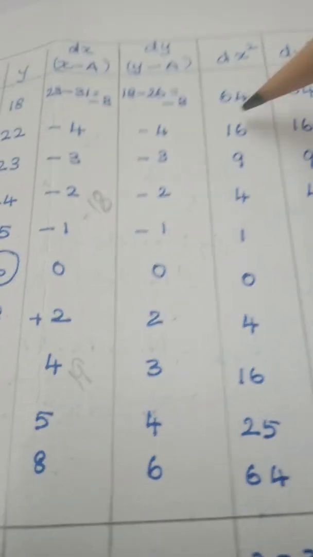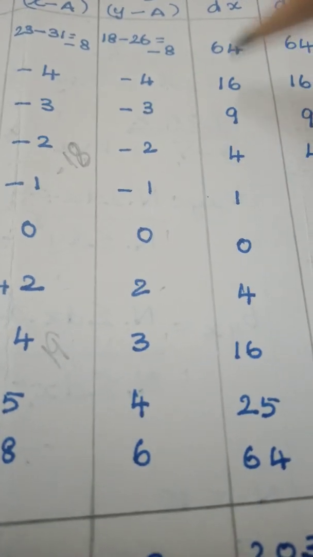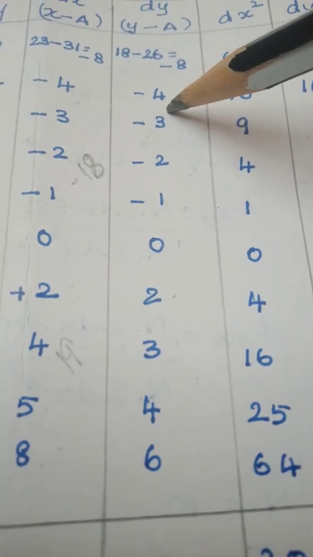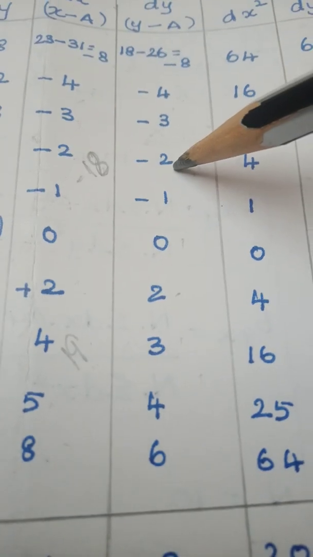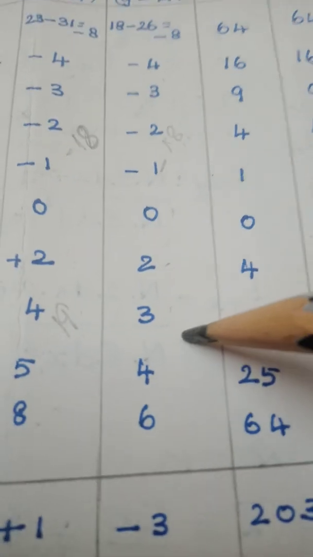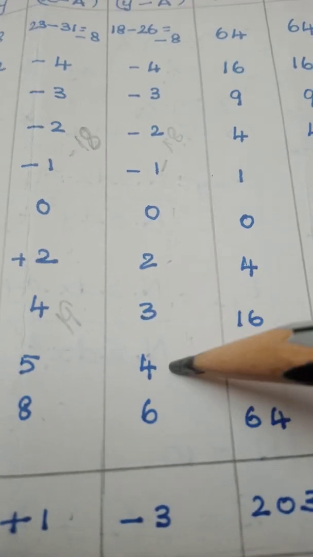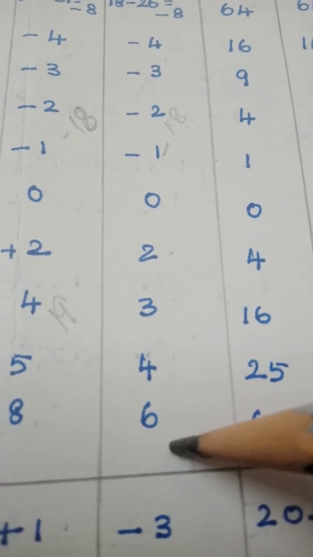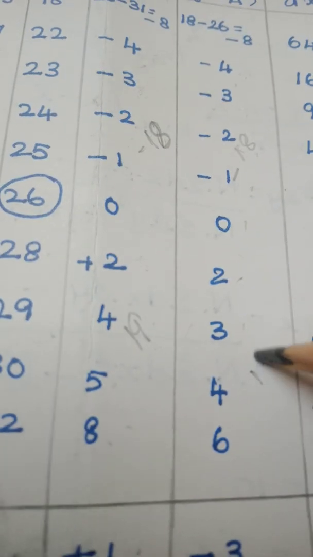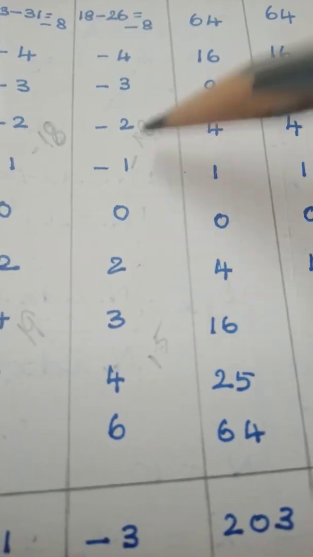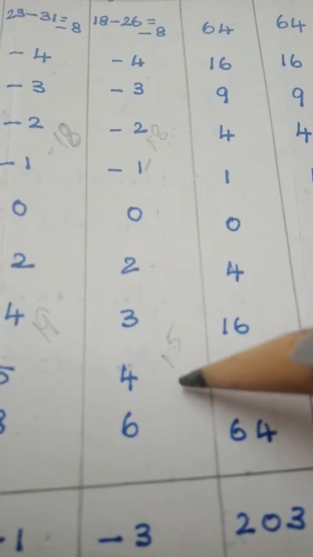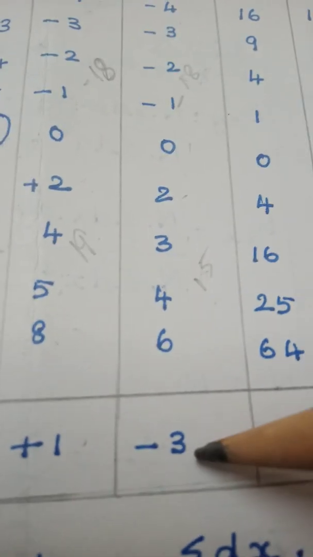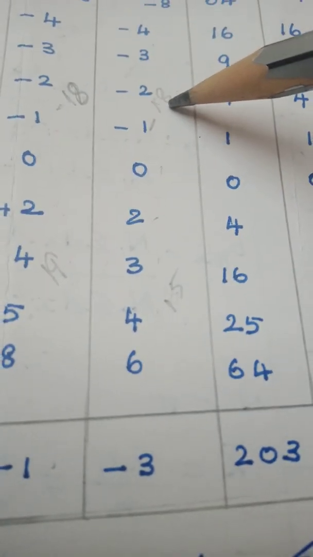Now again what we need to do is add all the numbers having the minus sign. 8 plus 4, 12, 12 plus 3, 15, 15 plus 2, 17, 17 plus 1, it is 18. That is minus 18. Now here add all the numbers bearing the positive sign. 2 plus 3, 5, 5 plus 4, 9, 9 plus 6, it is 15. Now simplify this: minus 18 plus 15. When you subtract this, you will be getting minus 3 because 18 is a bigger number which has a minus sign here.